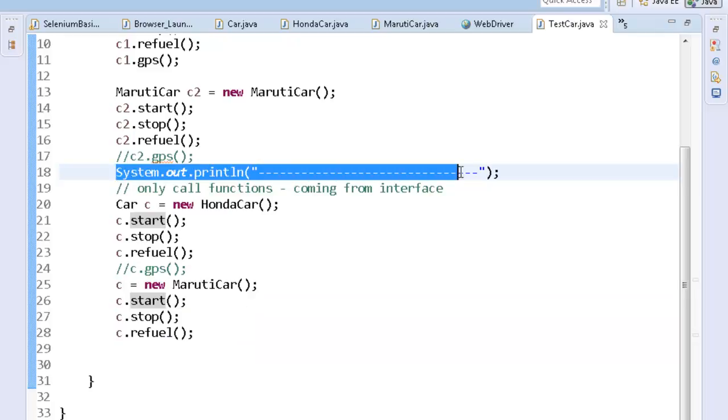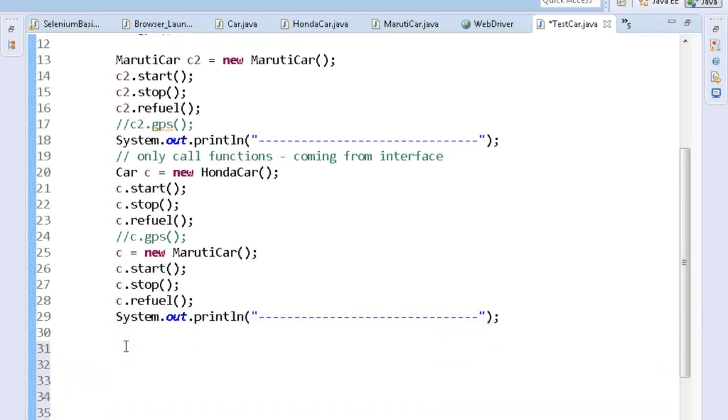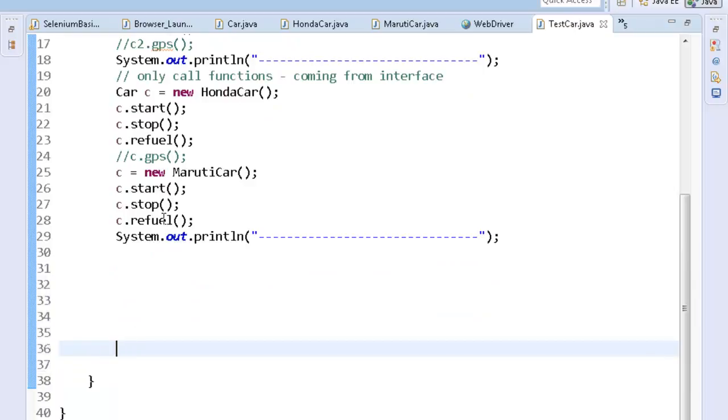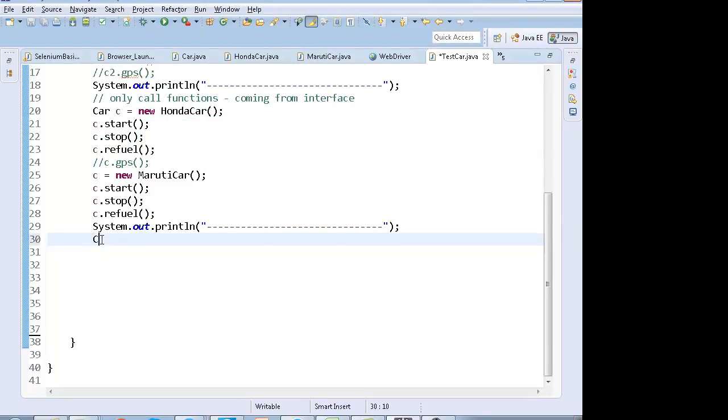Okay, I can put a demarcating line. Right, I can write over here, suppose I write car x equals to null. That means this x is not pointing anywhere. Null means nothing.